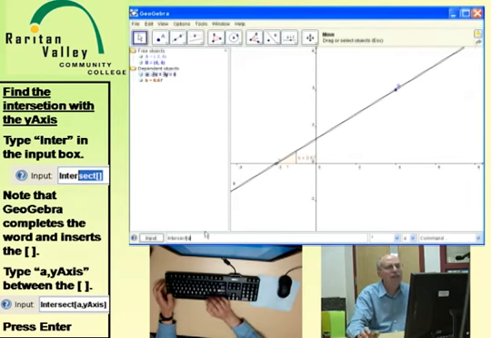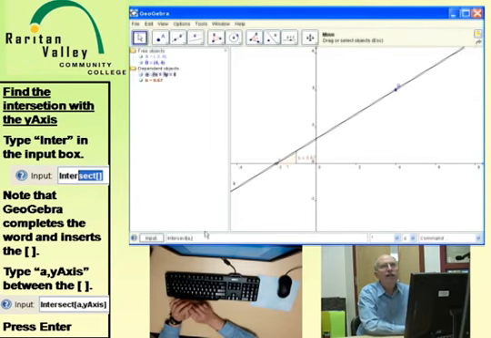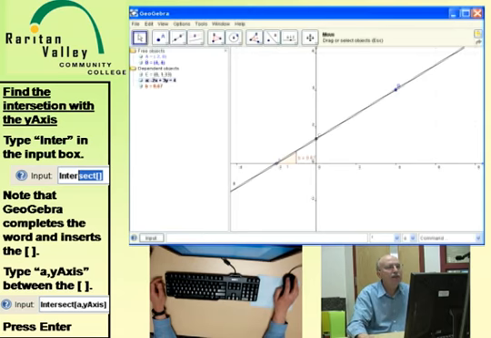Intersect A. And now I want to know where it intersects with the y-axis. So I'm going to put a comma in. And there's a keyword called y-axis that allows me to address the y-axis. And the way we do that is small y, no space, capital A, X, I, S. When I hit enter, you can see that this intersects the y-axis at this point C, and C is 0,